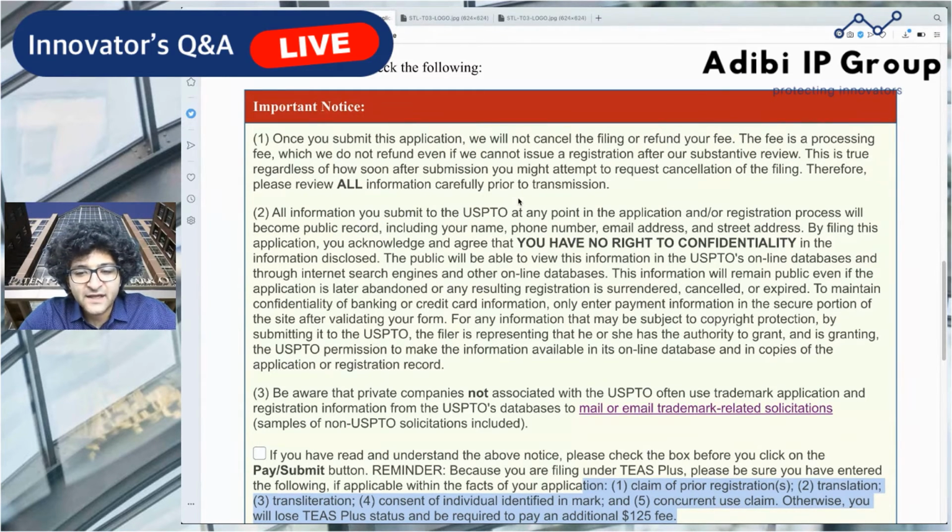All right. The second thing is that there's no right to confidentiality. As I've said, everything that you file in this application is going to become public as soon as you hit submit and pay. The third thing is that because everything is public, there are companies out there, unfortunately, that mine